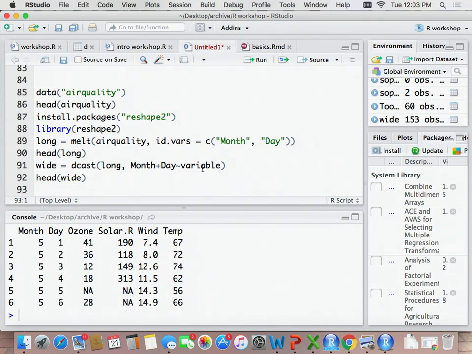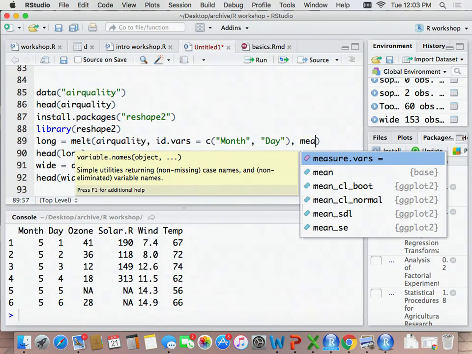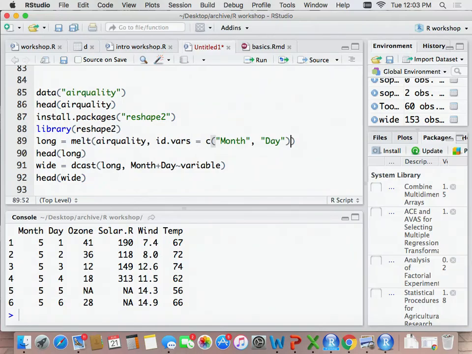That's an example, but instead of it being your ID variables, it would be your measurement variables. And in this function there's measure vars, and that's where you would specify them, because if we leave it blank, we assume that everything else is the variable. So if you wanted to have 2 or whatever, you can put it in there. But if you don't have anything in there, it just assumes everything else in your data set is what you're trying to